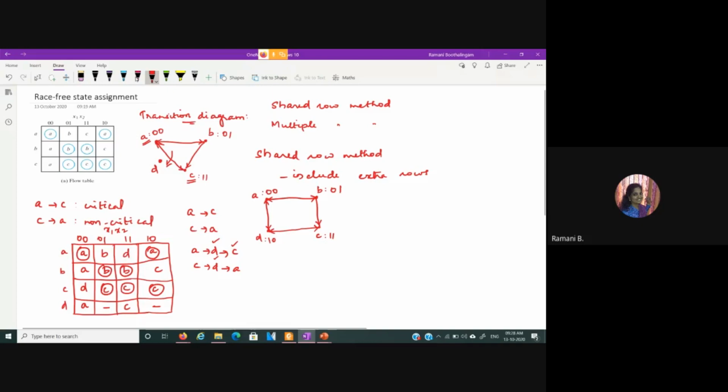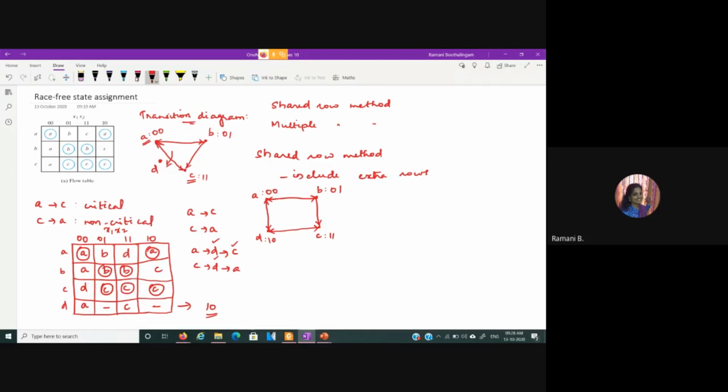for race-free state assignment. However, in this, you should ensure that the value should not become 1 0 with our assignment, because otherwise it would become a stable state. So this is to be avoided. You should avoid reaching the value of 1 0 to get a stable value in the last row. So this is an example where you have 3 states.